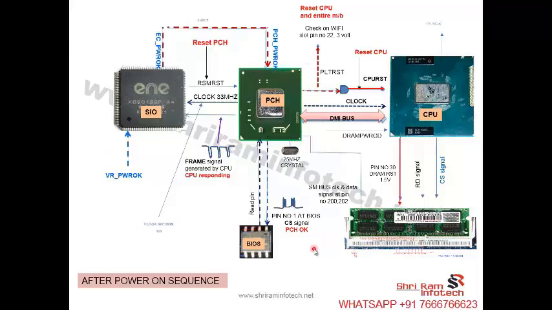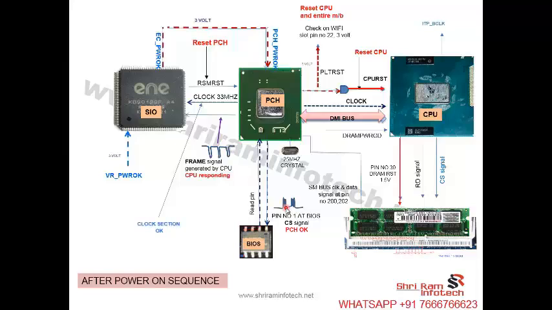So you read the BIOS. Once CPU reads the BIOS, the information inside the PCH BIOS is power on self test. You have to check this signal with the help of an oscilloscope at pin number 1 and 2. You will see such pulses on the oscilloscope screen. If these pulses are coming on the screen, that means PCH is trying to access the BIOS,